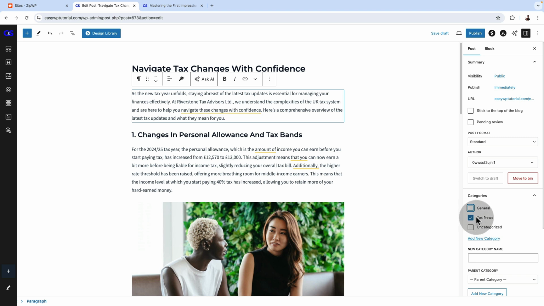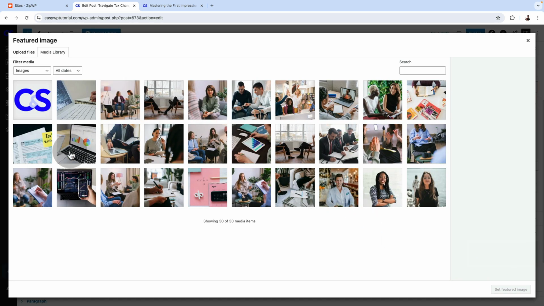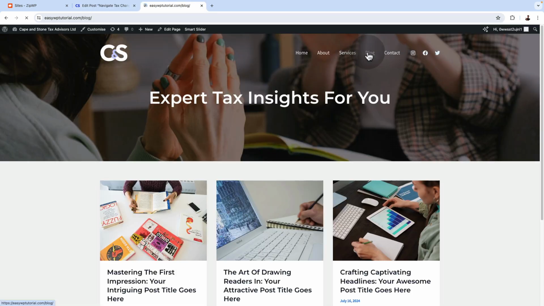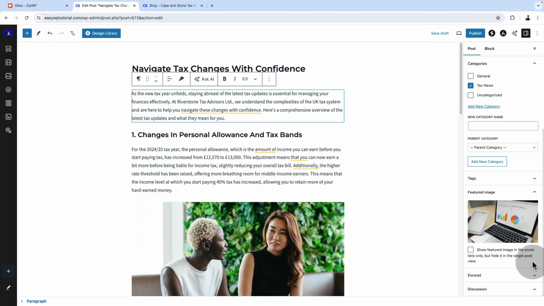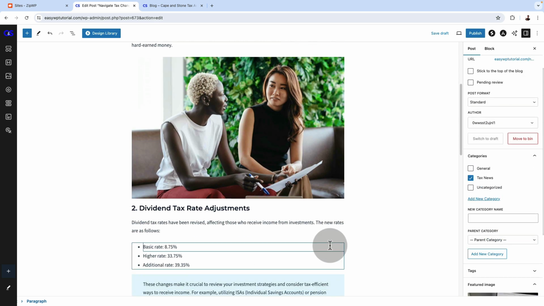So this is, for instance, now put under the category section called tax news. You can as well add a featured image. So this would be the featured image, and this is the image that appears right before someone opens up the blog post. There are a lot more things like enabling comments and pingbacks, but those are not so vital. These are the most vital things: the featured image, the permalink, and making sure that the content is looking nice